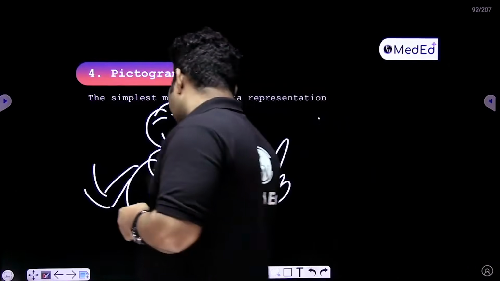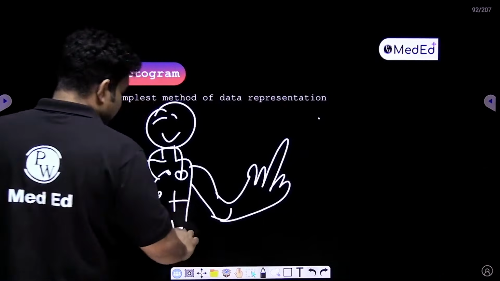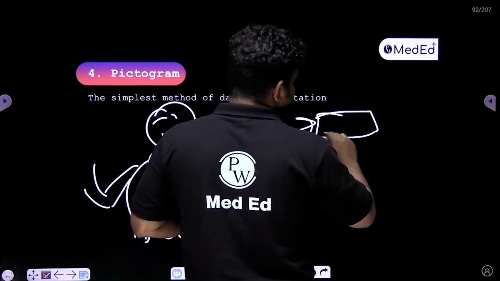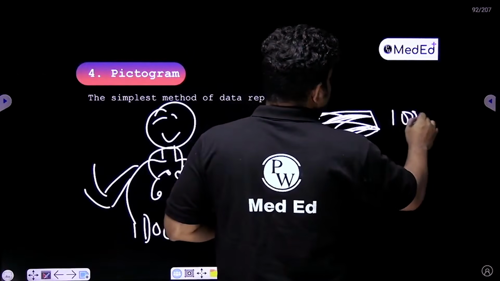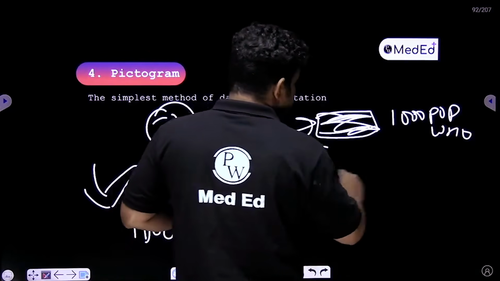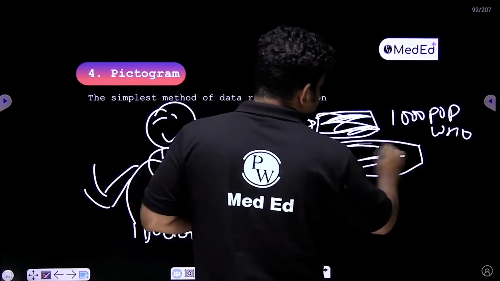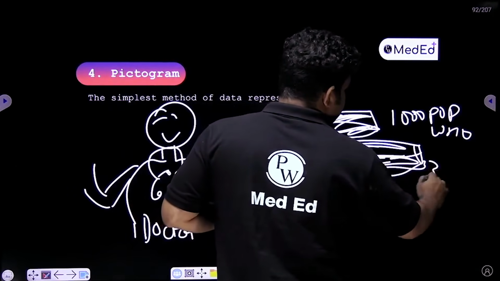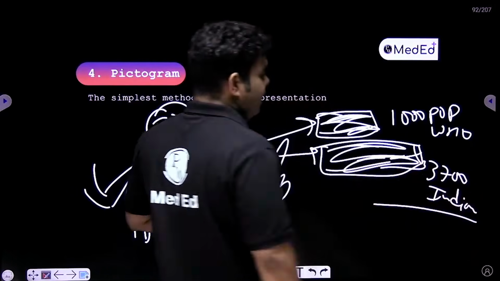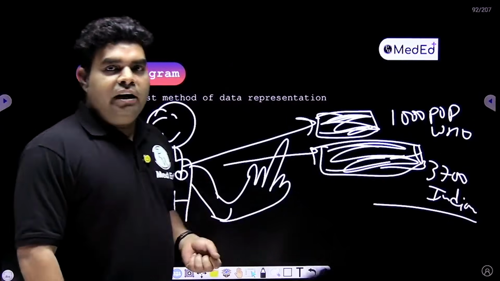So I'm representing that one doctor is at 1,000 population according to WHO. But one doctor is at 3,700 Indians. So this is the pictogram, and this is the fake data by the fake government of India,